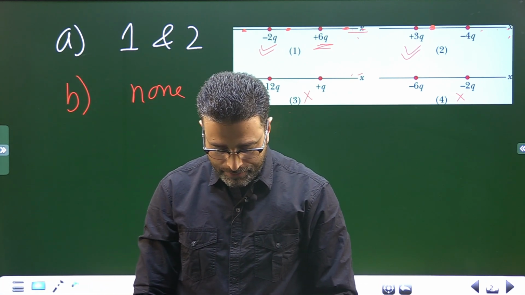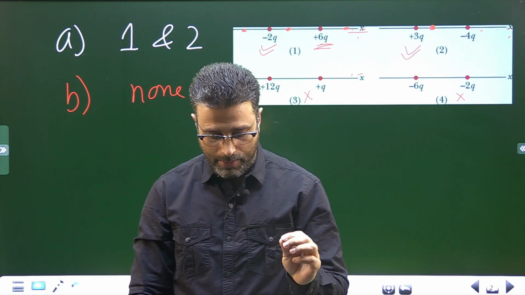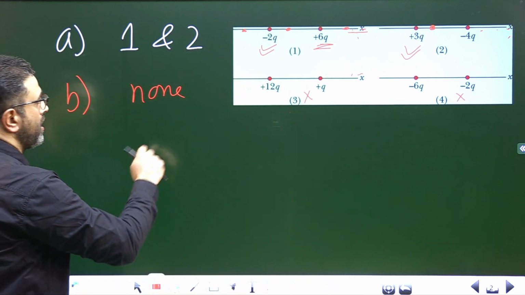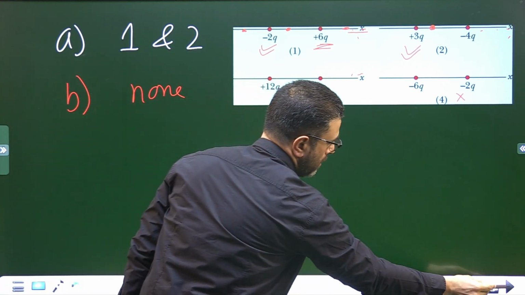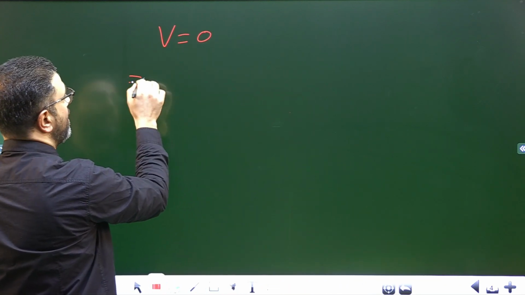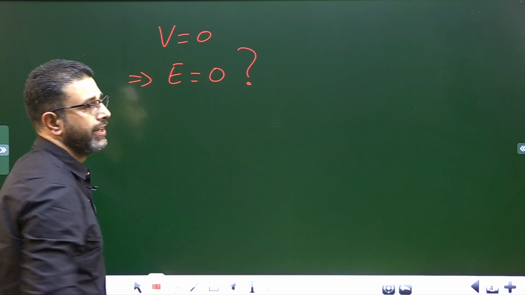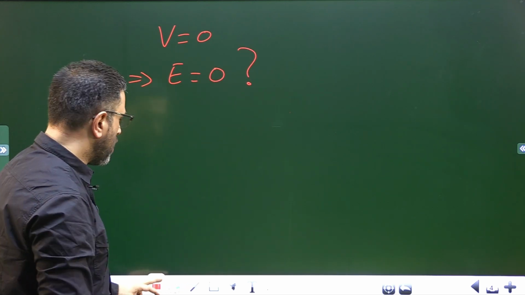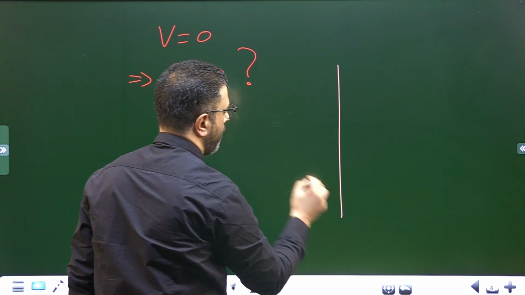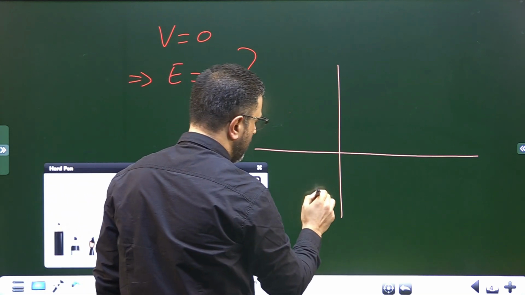Then part C, at such a point is E net due to the particles equal to 0? The point where potential is 0, does it mean field is also 0? No, it does not mean that. If you remember, field in a region